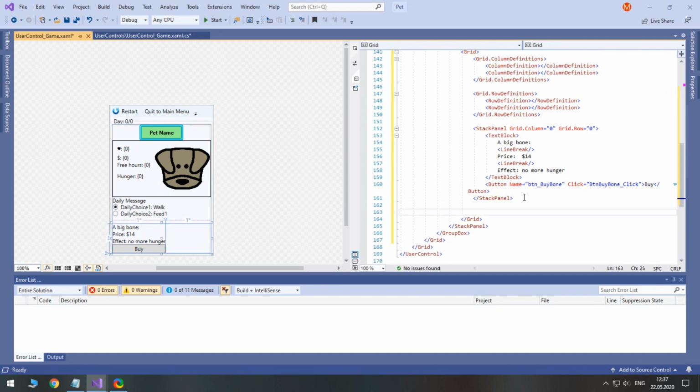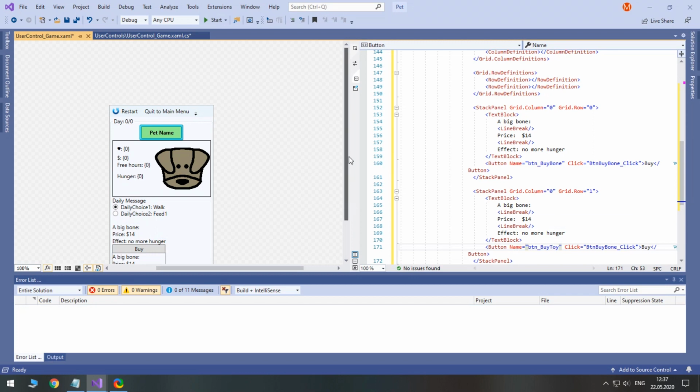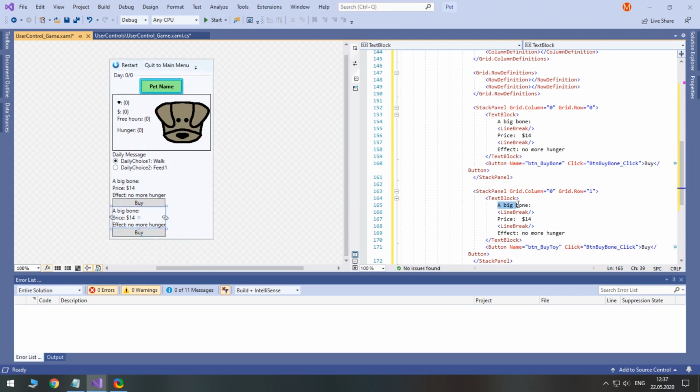Let's copy the first stack panel. Don't forget to change the click event.